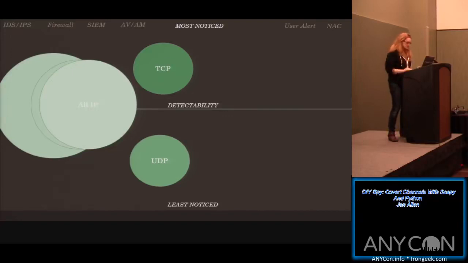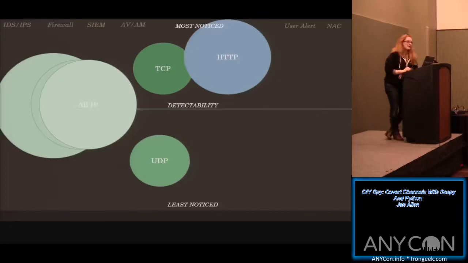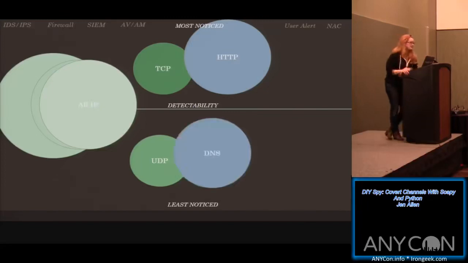A lot of TCP you're going to see recognized. HTTP, web filtering. Even web filtering is like the basic stuff. So if you're throwing stuff in and you're trying to reach a website that's a known CNC, you're going to be throwing up alarms everywhere. DNS, sometimes this is less detected, sometimes it's not. It depends on the network you're in. If you've got a network that understands that botnets love to use DNS as a CNC mechanism, they might actually be watching that and be signaturing a lot of DNS traffic that, excuse me, doesn't look normal.